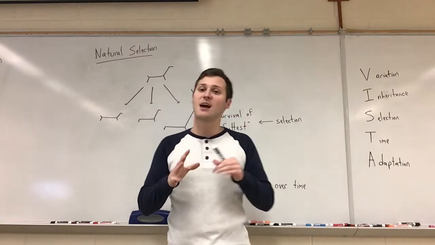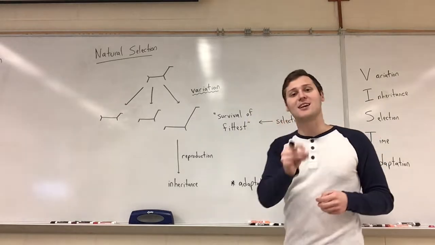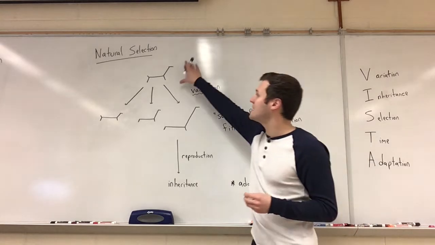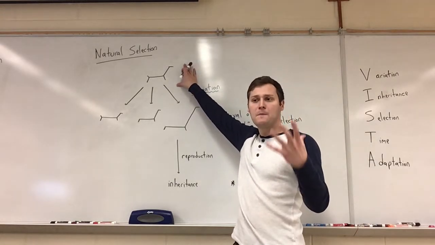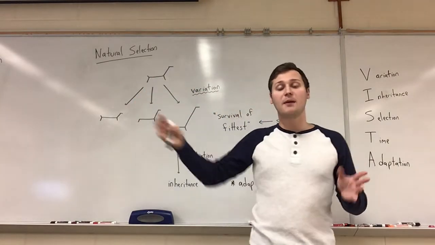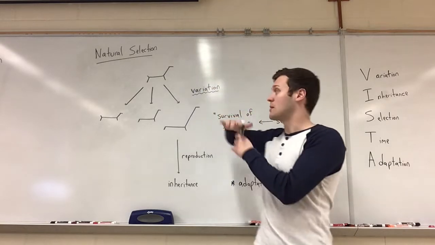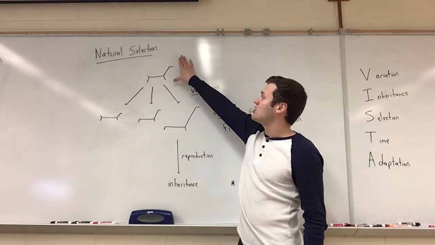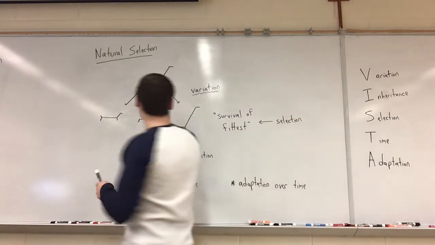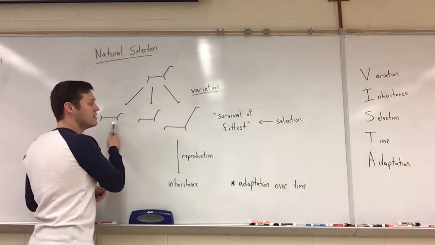So Darwin said if this can happen artificially, why can't it happen naturally? Except instead of humans deciding what traits get passed down, nature is deciding. So let's take, for instance, a giraffe. We already know from Jean-Baptiste Lamarck that giraffes have changed over time. If we look at the fossil record, giraffes' necks have gotten longer and longer. So here we have an ancient ancestor giraffe with a relatively short neck. Now that giraffe breeds. It has a bunch of offspring. So there's going to be some variation in the offspring.